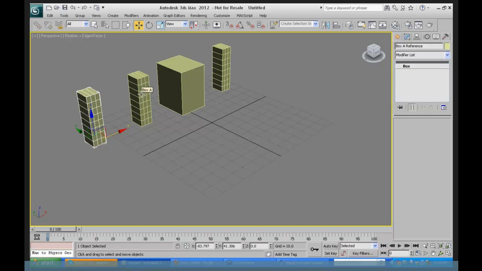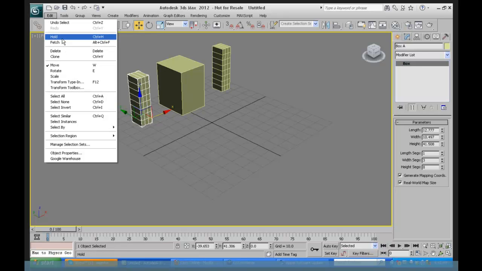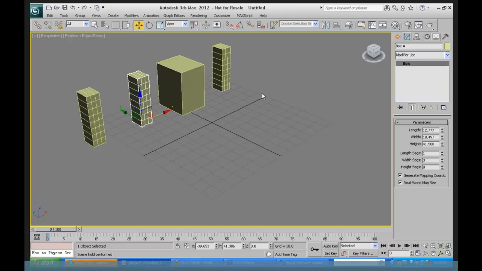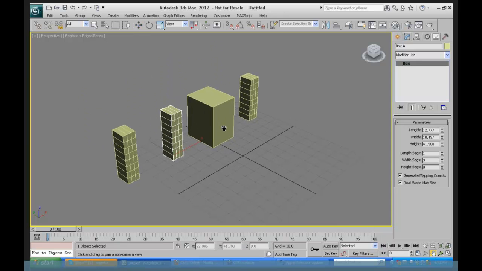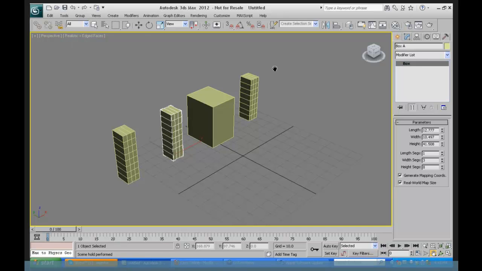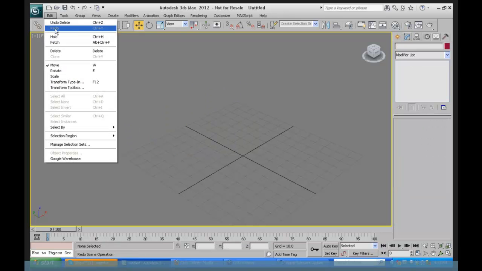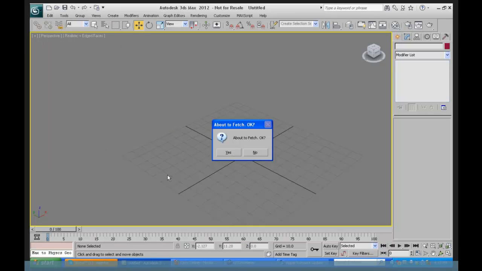So when we get to using modifiers, you will see what this does. I think I will go ahead and go to modifiers right now. Let's do an edit hold. Advanced users in the room or beginner users in the room, there is something in Max called hold, which is a hold buffer, which is like a quick save. So if I choose hold, and then let's suppose I get rid of all these objects, if I come back here and choose fetch, it brings back